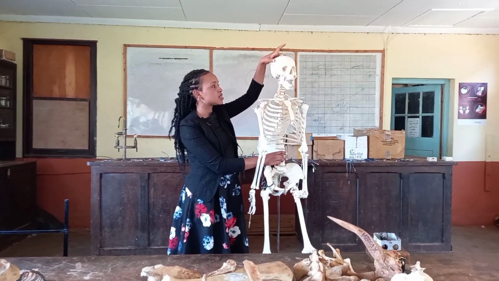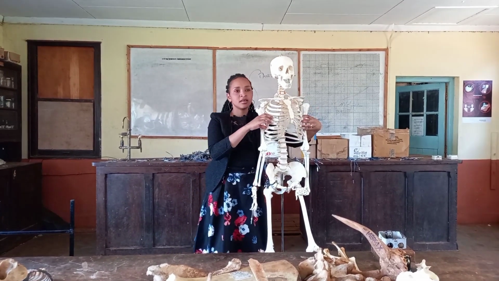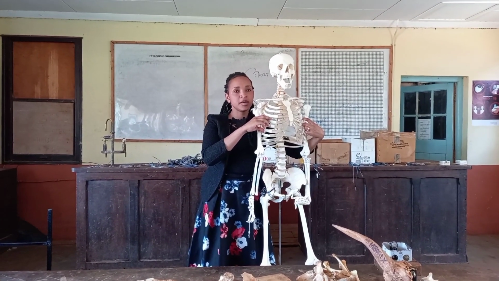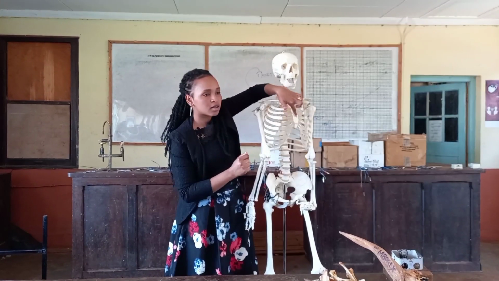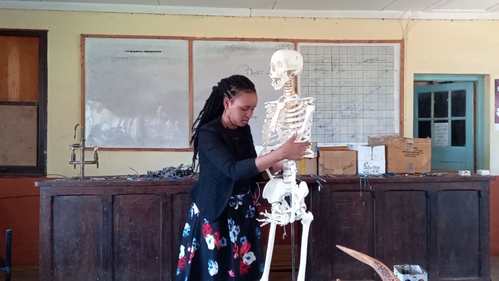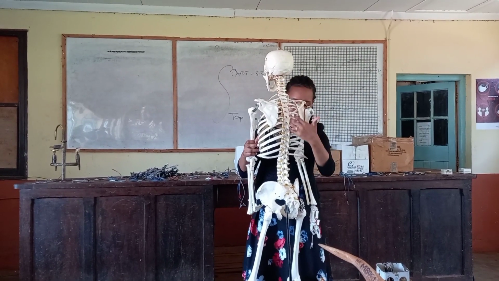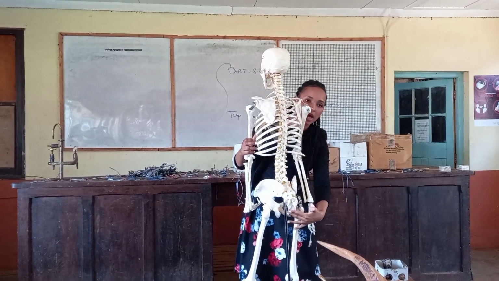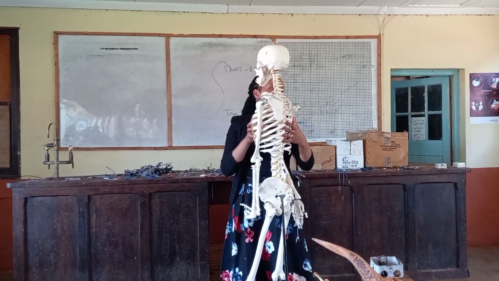So what is this? That's the skull. The ribs make up the rib cage. The sternum. What is over here? That is the vertebral column. That has been summarized, yes? So those four parts, we have said they make up the